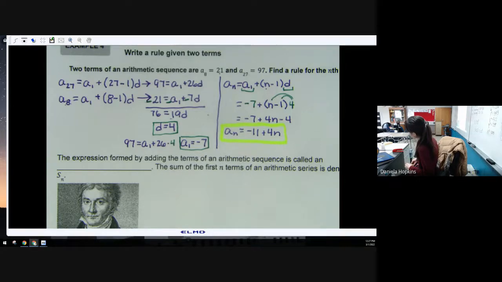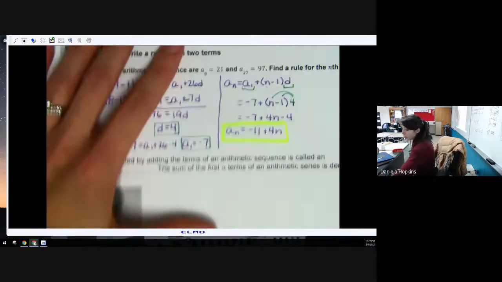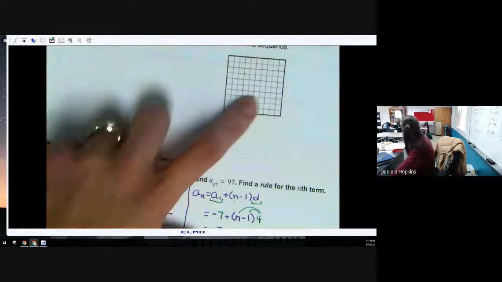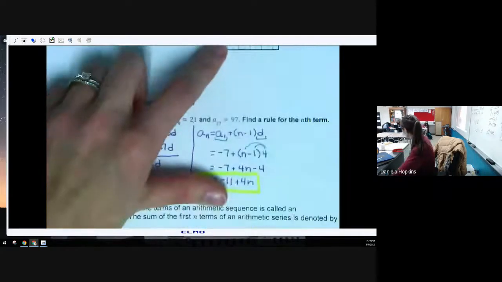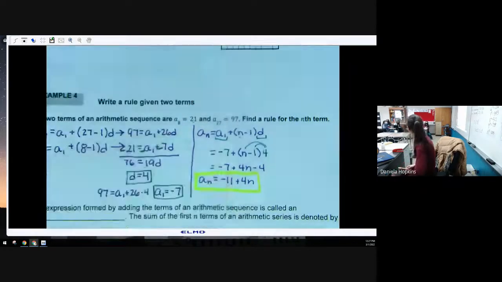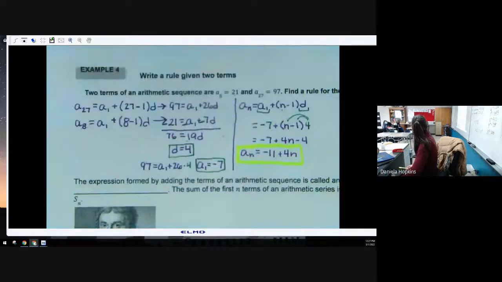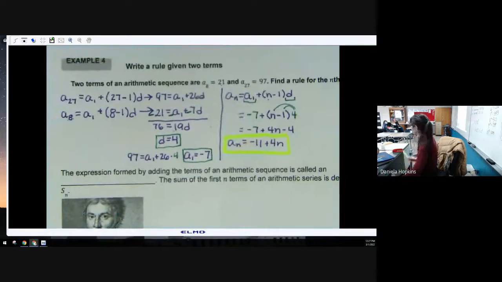Because what this is, these are really two lines. I skipped the graphing, but when we graph, our y-axis is a sub n and our x-axis is n. What you just did was you found it with the slope. So can I just do that? Yeah, if you're getting the right answer, I don't care. I love that we're able to use different Algebra 1 tools. So if that's something that you want to do, go for it. I just subtracted 97 minus 21, and then when you do the 76, so it's 76, and then I subtracted 27 minus